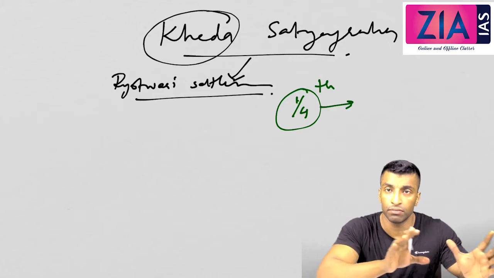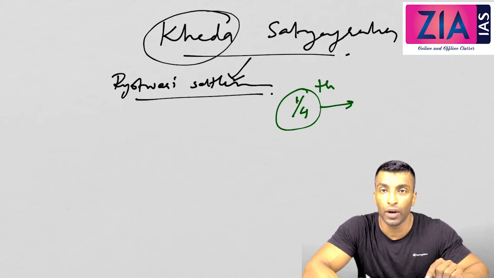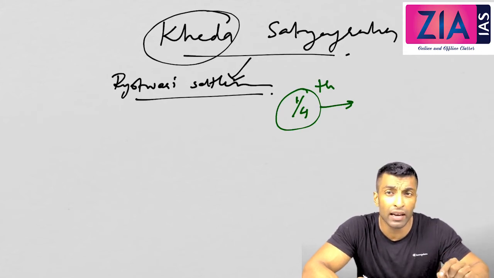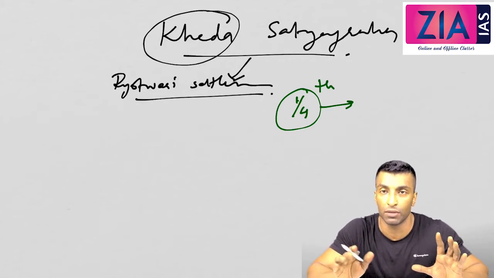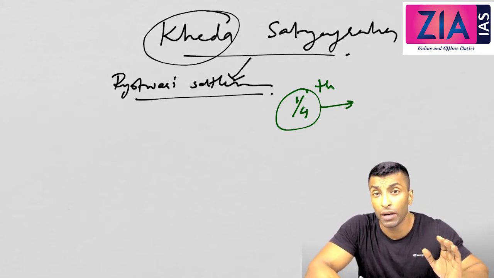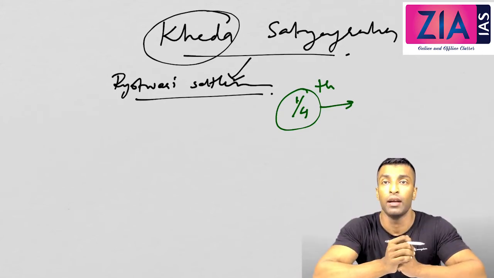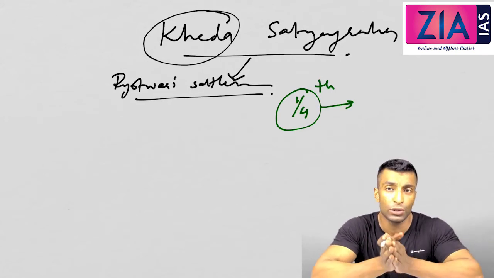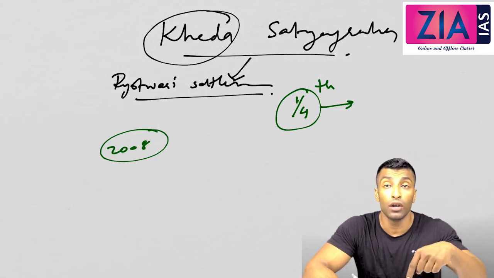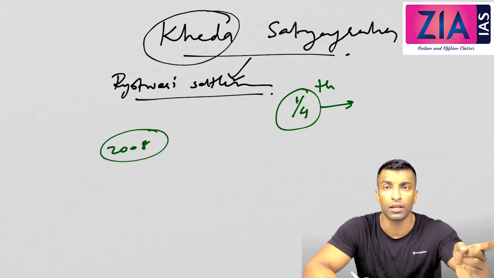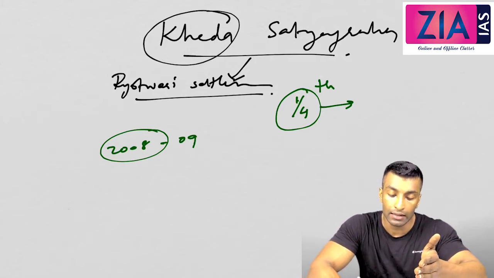Previous year does not mean just any previous year, because if there was a drought this year, the production will be very, very less. So next year you can't say it is 1 by 4th of that, and that cannot be possible. So the previous year means a normal year. Whenever we make any comparison, it has to be a normal year. Like when we discussed the base year also, I told you we are not taking 2008 as the base year because it was not a normal year, as the global financial crisis was going on, and we were supposed to take 2008-9 as the base year, right?